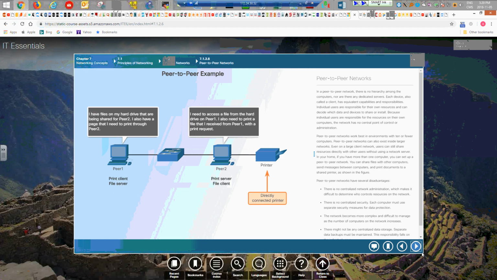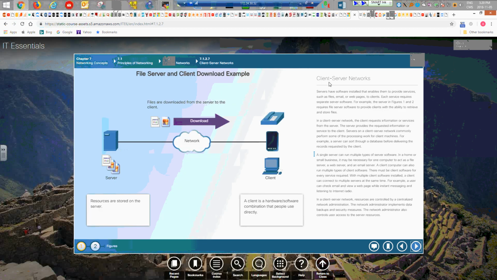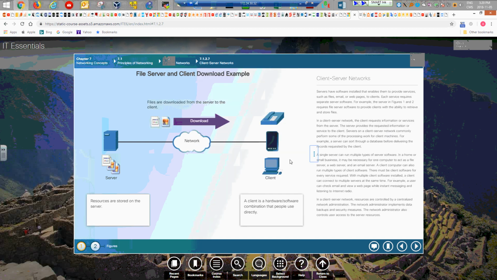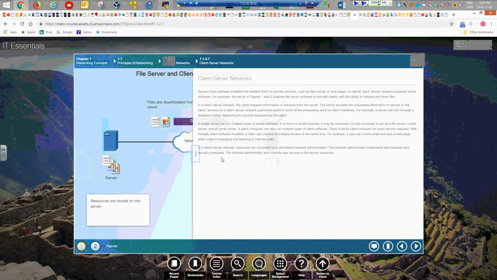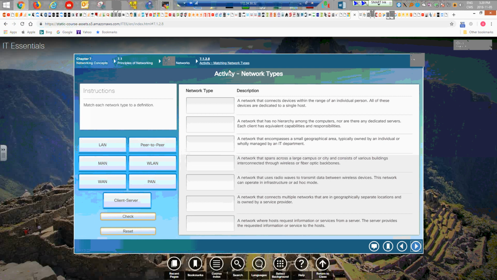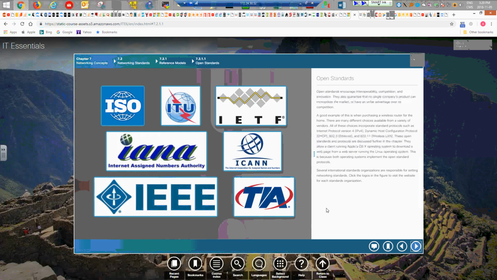Now the peer-to-peer networks and the client-server networks, we spoke already about what they are, and you're going to see them properly explained here. Once again, you can open whatever is written to read it a little more comfortably if you click on these buttons here. The next thing, you have some activities, so you need to decide, off of a description, which type of network you're going to use here. That's a cool thing. Now the standards,